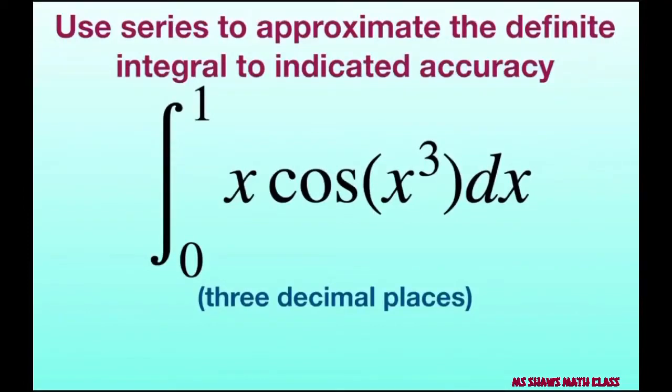Everyone, we're going to use series to approximate the definite integral to the indicated accuracy of 3 decimal places. This is x cosine of x cubed dx. The first thing we're going to do is look at the indefinite integral and look at our table of Maclaurin